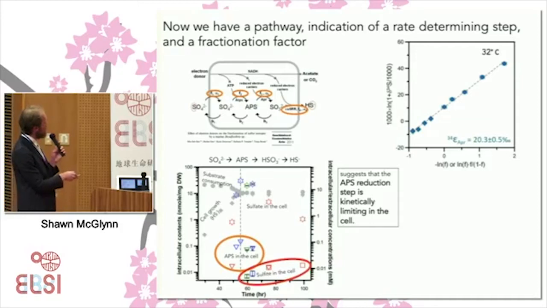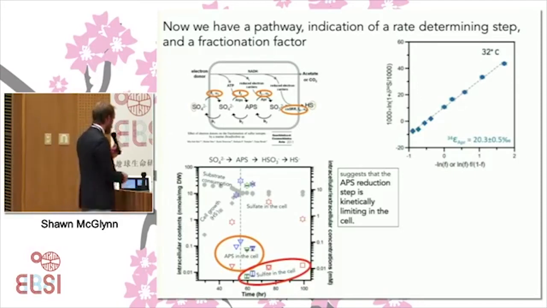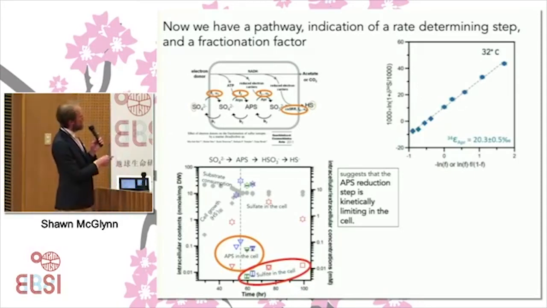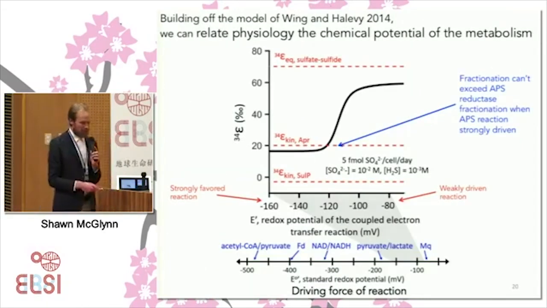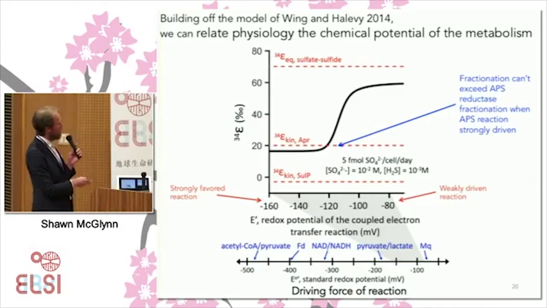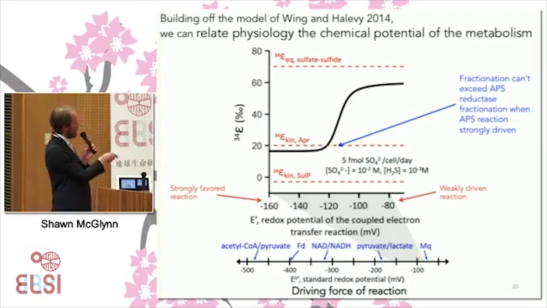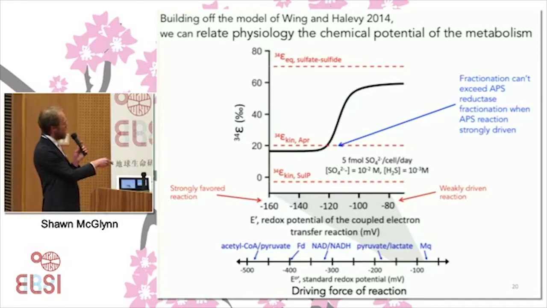And we also have this data before, which is suggestive of this rate-limiting step of this enzyme here. And so what we did is we took this previously constructed model and we started plotting expected isotope fractionation values of the cells for different chemical conditions in terms of the driving force of the metabolic reaction. So if the cells have lots of energy, that would be sitting over here at these more negative redox potentials. And if the cells have less energy, they would be using more oxidizing electron donors, or higher potential electron donors, to reduce sulfate, and they would have less driving force behind their reaction.